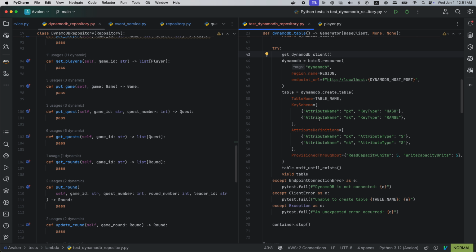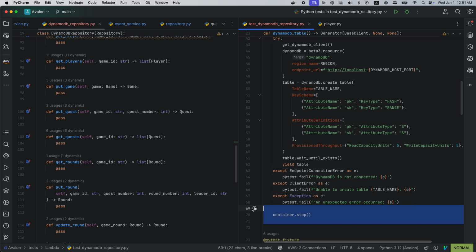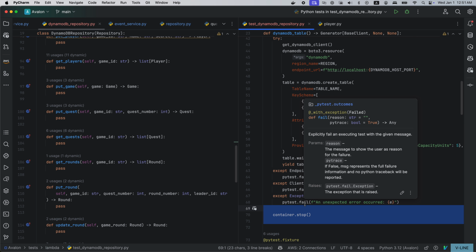So one thing I think of is to not destroy the container, and instead just destroy the table and recreate it. But then we'll have to add some new logic to determine if this is running in a pipeline or in a local environment.